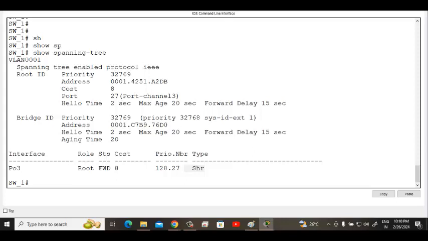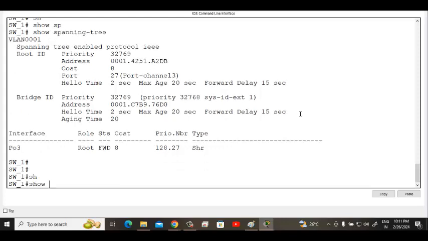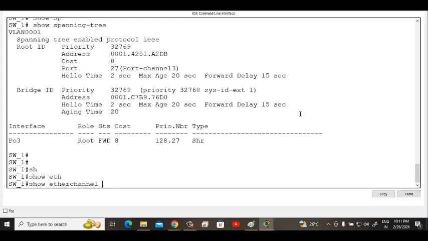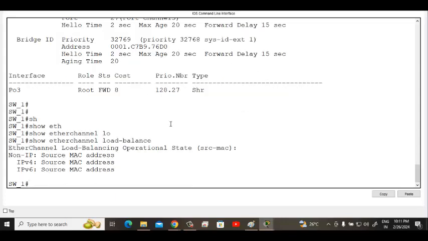Show ether channel load balance. I'm asking, how is the load balanced across this 4 link? It says, if the source MAC address is same, then it will put the traffic on the same link. If the source MAC address differs, it will put on another link. For example,